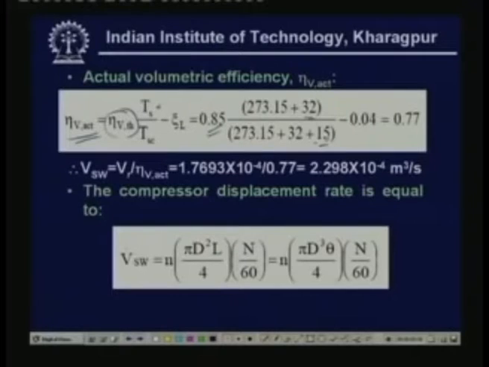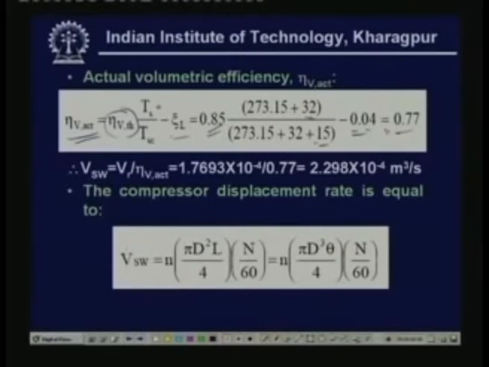That means the temperature at the inlet to the compressor is 47 degrees, and the Ts and Tsc should be in the units of Kelvin. Okay, so we are converting this into Kelvin. Minus zeta L. Zeta L, as you know, is the leakage factor, and it is given as 0.04. So if you substitute these values, you find that the actual volumetric efficiency is given as